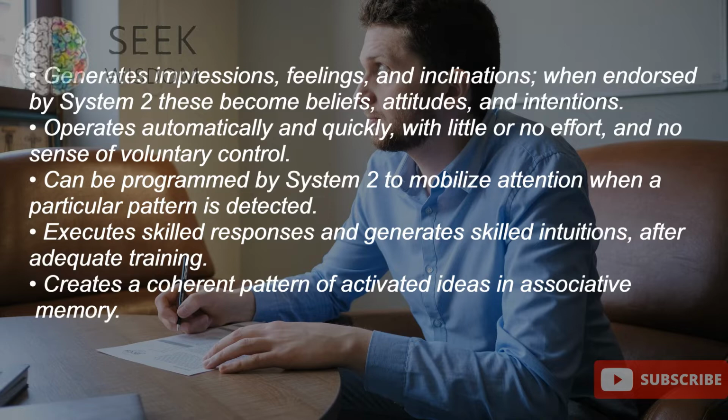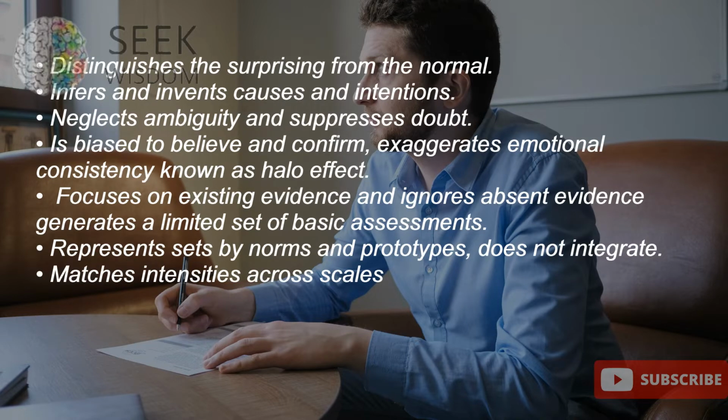System 1 executes skilled responses and generates skilled intuitions, after adequate training. It creates a coherent pattern of activated ideas in associative memory, links a sense of cognitive ease to illusions of truth, pleasant feelings, and reduced vigilance, distinguishes the surprising from the normal, infers and invents causes and intentions, neglects ambiguity and suppresses doubt, is biased to believe and confirm, exaggerates emotional consistency known as halo effect, focuses on existing evidence and ignores absent evidence, generates a limited set of basic assessments,